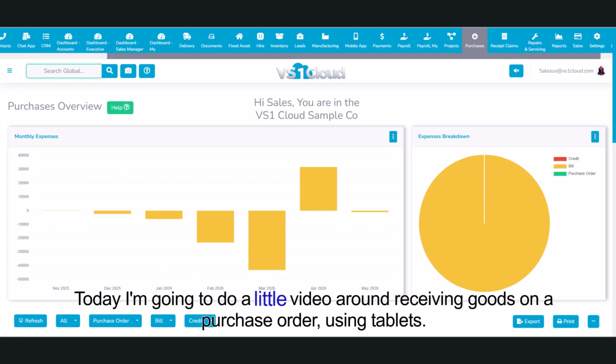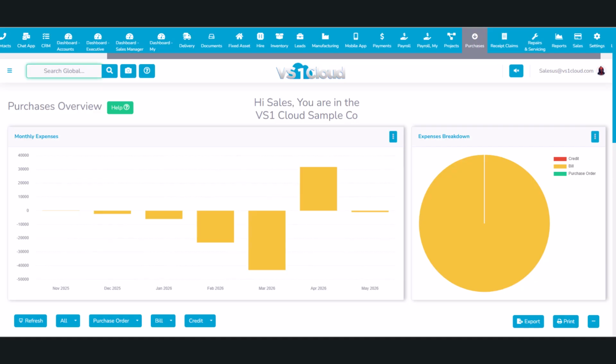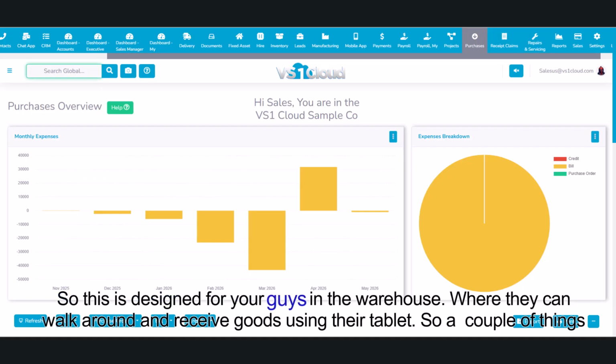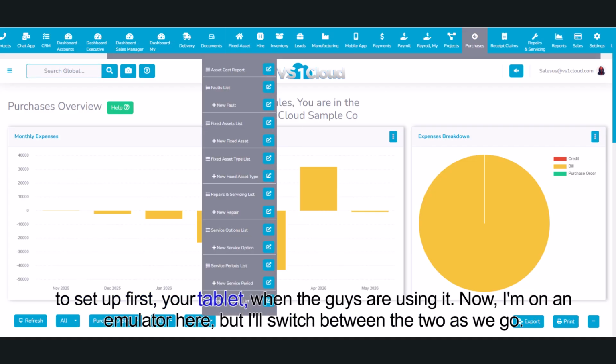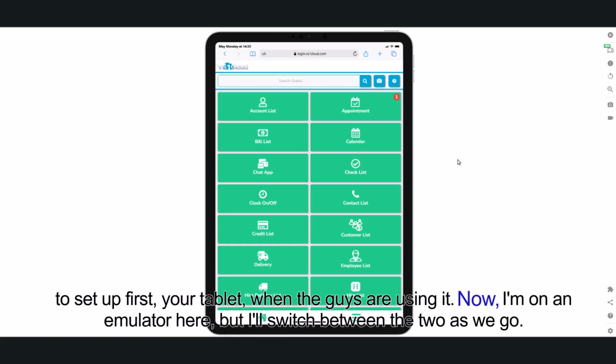Today I'm going to do a little video around receiving goods on a purchase order using tablets. So this is designed for your guys in the warehouse where they can walk around and receive goods using their tablet. So a couple of things to set up first. Your tablet, when the guys are using it, now I'm on an emulator here, but I'll switch between the two